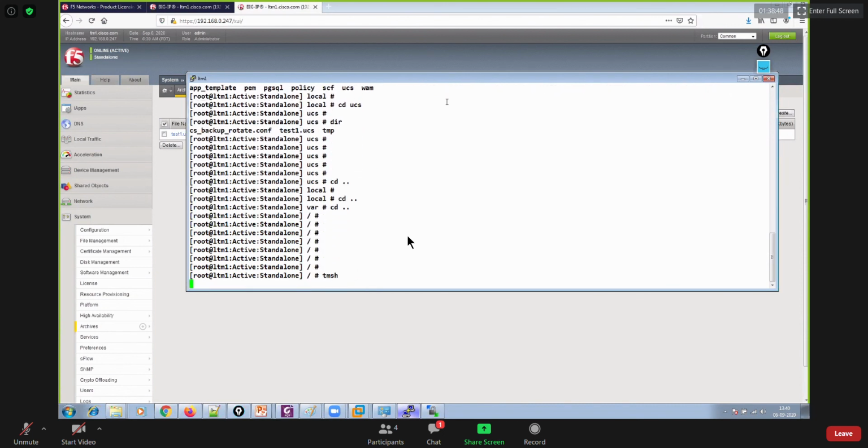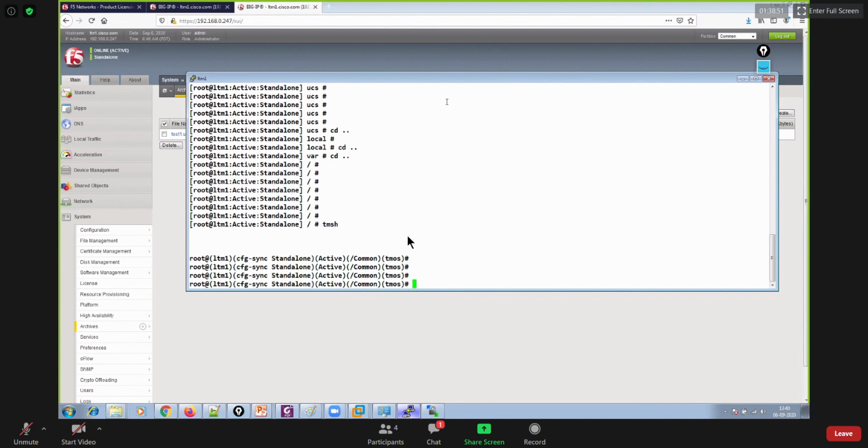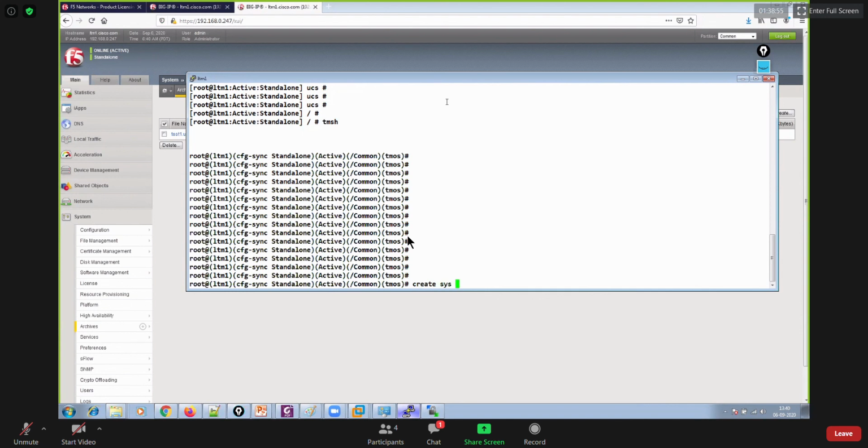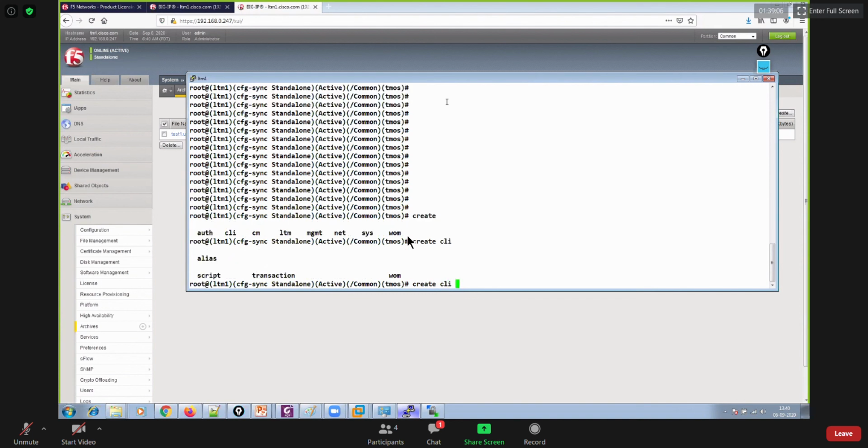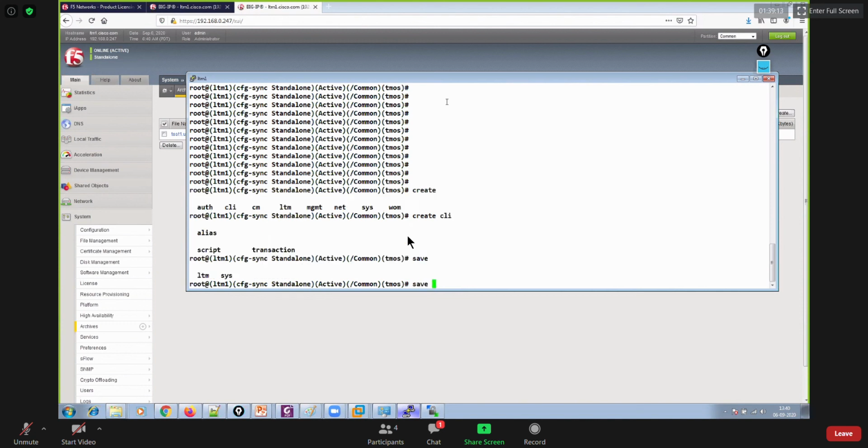All right, so go to TMSH, right? And thereafter, you could say create, and then you could say save sys config, or you could say UCS, but not UCS.